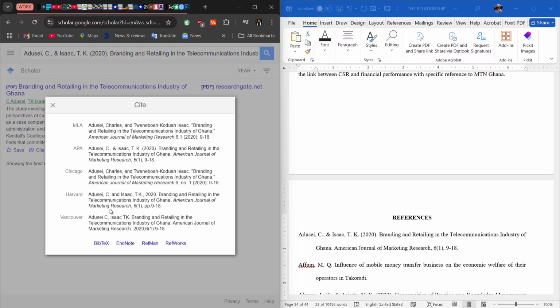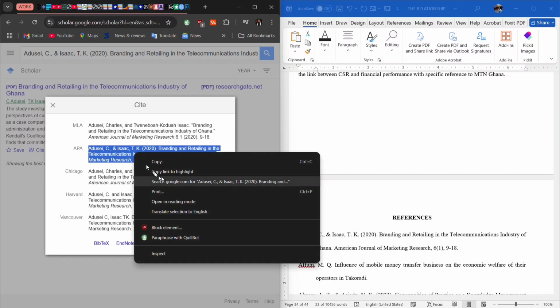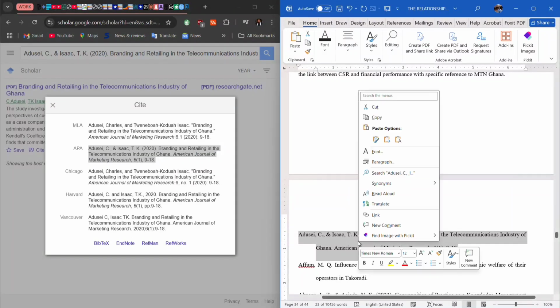I often work for students and business professionals. This one is particularly tailored for academic purpose, and the client wants the APA style. So I just click on it once, it selects the whole reference, then I copy it